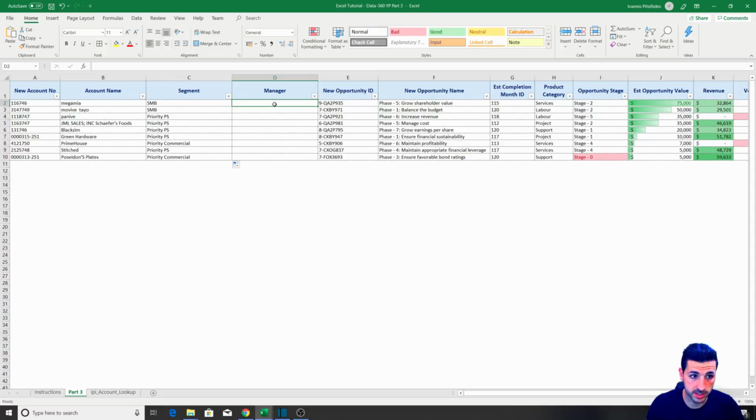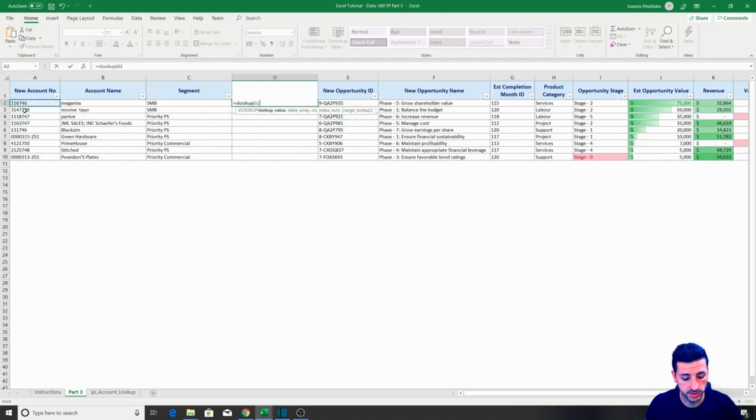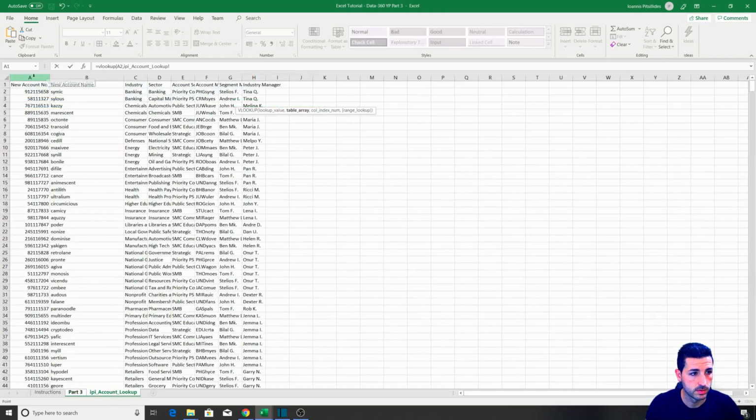Now I want to do the same thing for manager, so I say equals VLOOKUP, open brackets. I want to search this number, comma, into this. So the account manager now is 1, 2, 3, 4, 5, 6. As you can see, each time I'm dragging it, you see where it says 2C, then 3C, 4C, 5C, 6C.